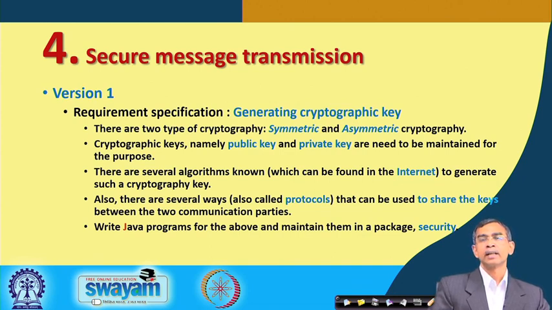So, using all those algorithms, asymmetric key cryptography can be implemented. Here again you have to know exactly how the two keys, the public key and the private key, can be generated. They are not the same, they are different, and they can be shared among the two parties. For key generation and sharing in asymmetric cryptography, there are many protocols, for example the Diffie-Hellman protocol, the elliptic curve cryptography protocol, the DSA protocol, and many others.